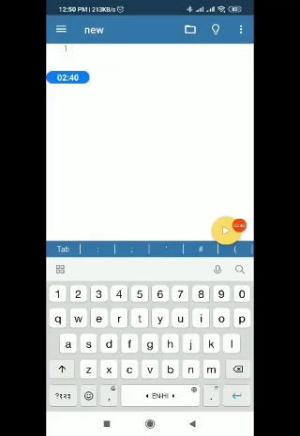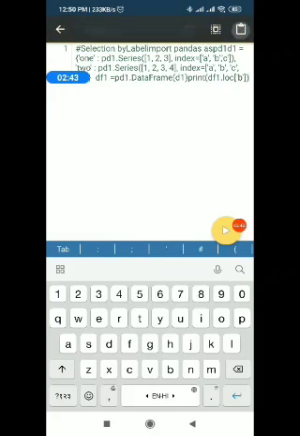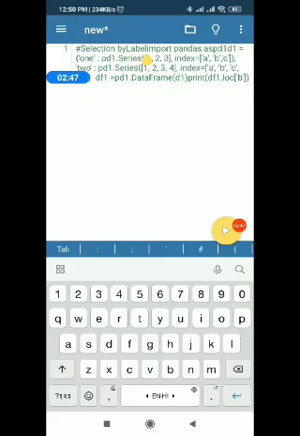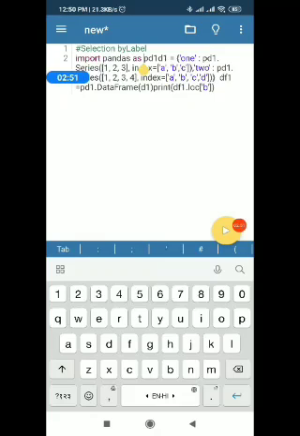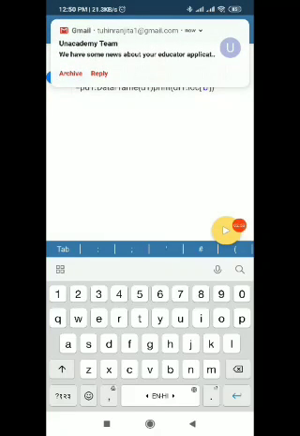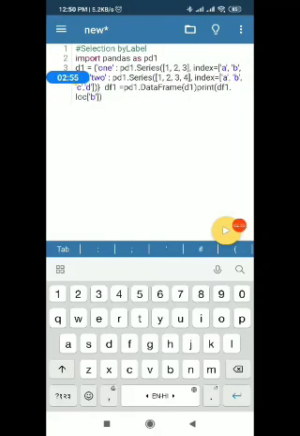And now I am pasting the code. Import pandas as pd. I am creating the dictionary.